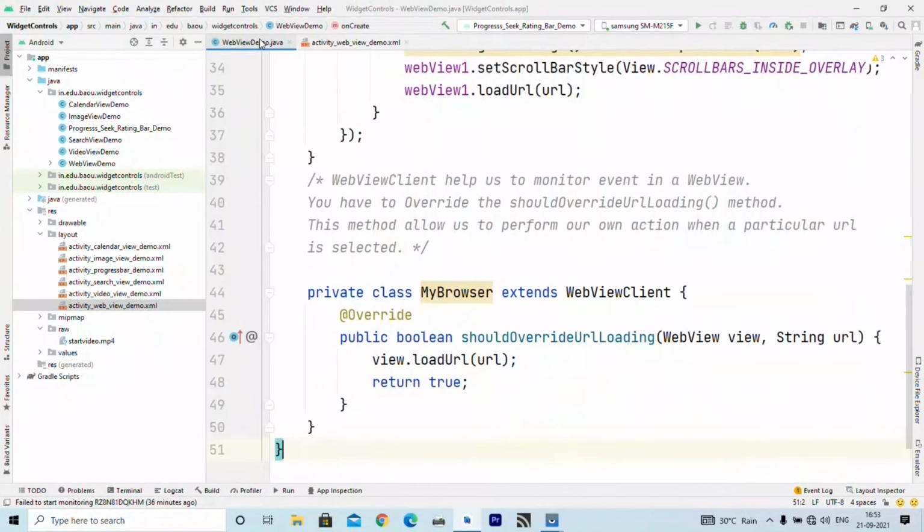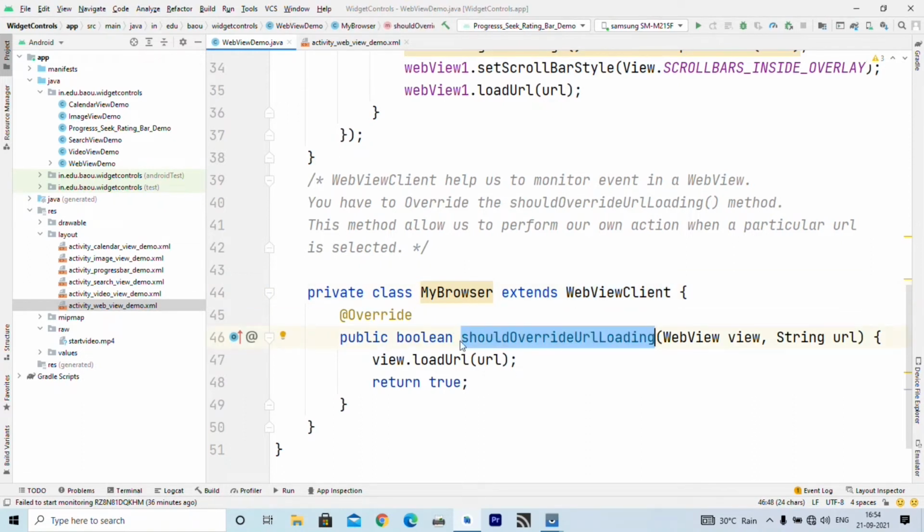So after all definitions you have to write this class, with the name MyBrowser and which extends WebViewClient. So basically MyBrowser is a WebViewClient, and you have to just write this method.